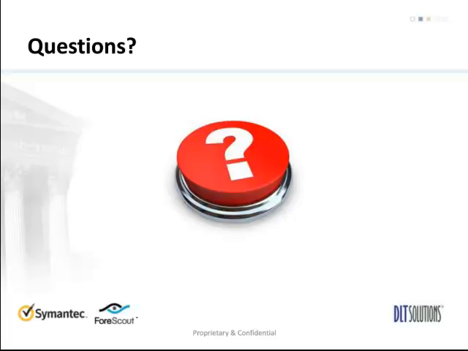Another questioner asks, how does ForeScout uniquely identify a device with multiple NICs? And the same question for SEP-UD. So with ForeScout, what we would do is we would identify the device, and then we would go in and identify what NICs are attached to that device. That is somewhat of a manual process, and that is simply because of the nature of the connection. We could do it by MAC address, which would be my recommendation. We could also do it by IP address, but I would recommend against that because IP addresses tend to be less static than MAC addresses.